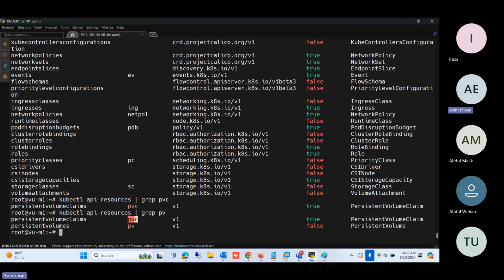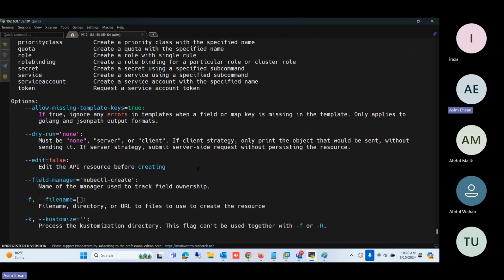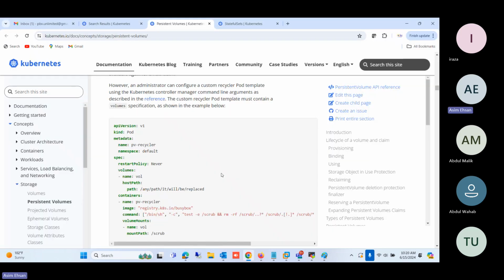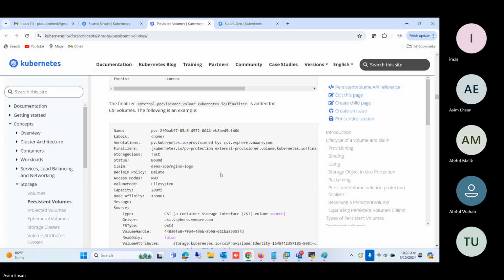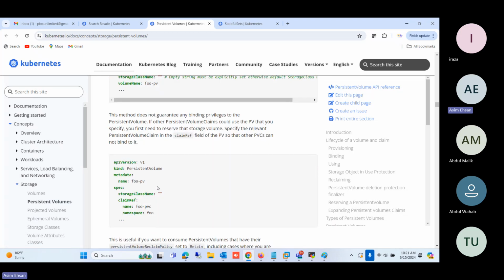If I look by the command line, maybe there is a way to... I think I cannot create a persistent volume by the command line. No. So I need the manifest of the persistent volume claim. Here they gave an example. Yes, this is an example of a persistent volume claim. But before that, we need to create a persistent volume. So to create an NFS-based persistent volume,